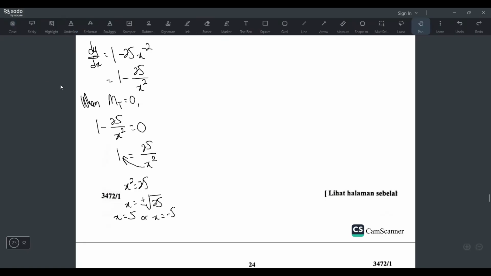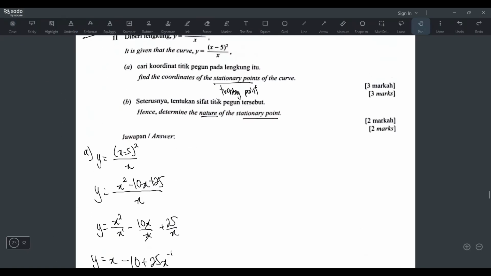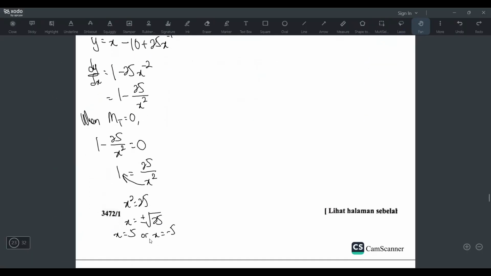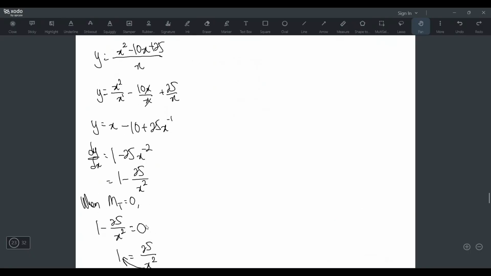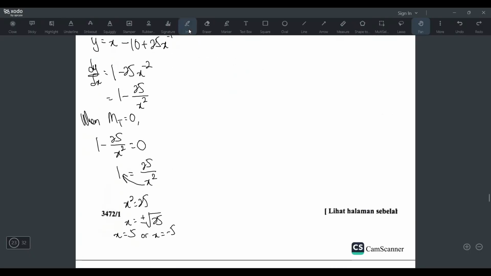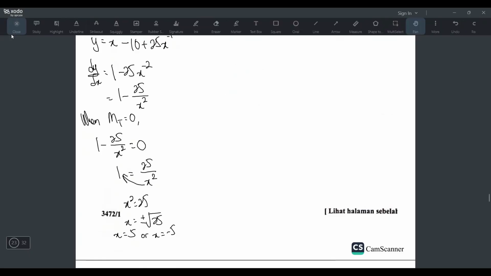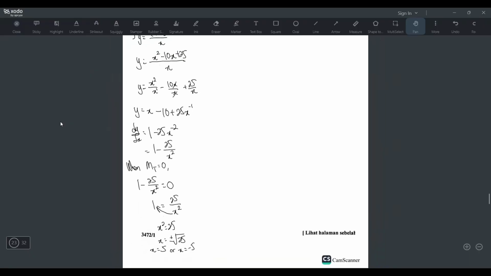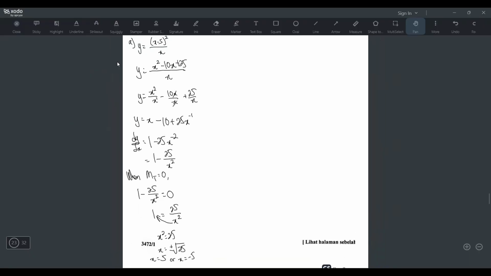All right, we are not done, because when you find a stationary point, a point must have an x coordinate and a y coordinate. This is just the x coordinate. Okay, but there are two answers, right? It means there are two stationary points, two turning points. Okay, so I need to sub the x back into the original equation to get the y coordinate. Okay, so let me make it smaller a bit. So I will write here